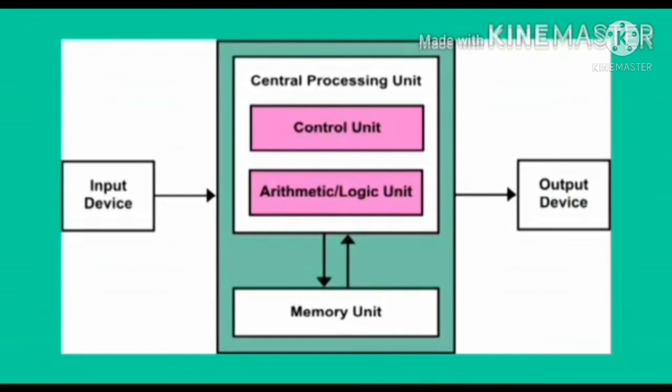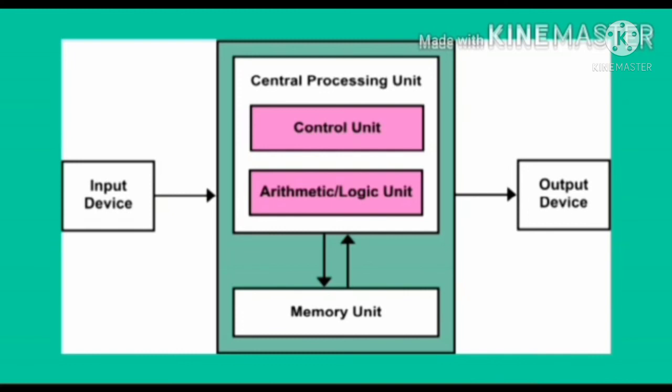First is the control unit, which is also called CU. Second is the arithmetic logical unit, which is also called ALU. And the third one is the memory unit, which is known as MU. Now, what is the control unit here? A control unit works like a traffic policeman and manages all the operations of a computer. Then what is the arithmetic logical unit here? This unit performs all the arithmetic calculations and logical operations. And then memory unit. This unit stores the information temporarily or permanently according to our need.